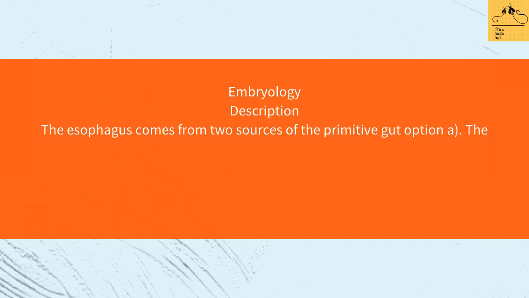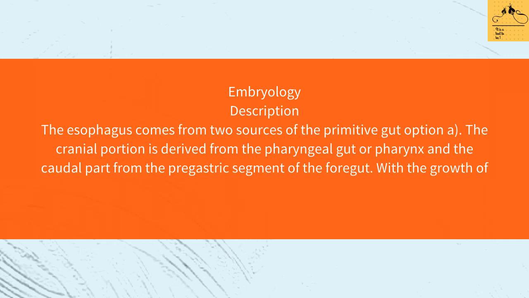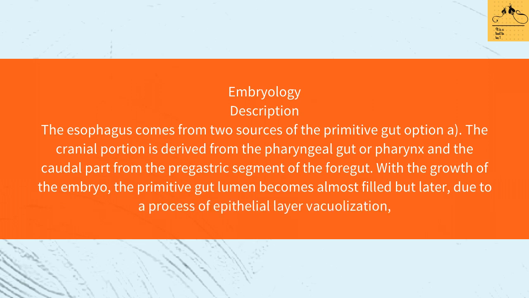Embryology description. The esophagus comes from two sources of the primitive gut. Option A: the cranial portion is derived from the pharyngeal gut or pharynx and the caudal part from the pregastric segment of the foregut. With the growth of the embryo, the primitive gut lumen becomes almost filled, but later, due to a process of epithelial layer vacuolization,